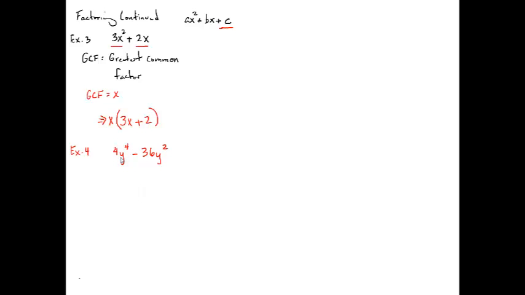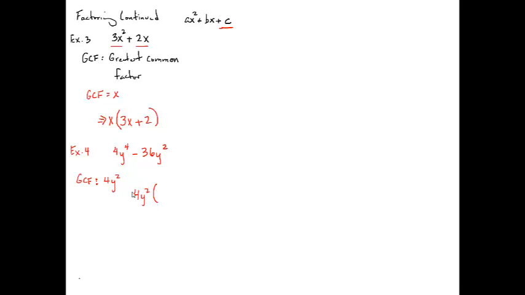Alright, I have two terms, right? Do these two terms have anything in common? They do. They have a 4 in common, and they have a y squared in common. So the GCF would be 4y squared, which means when I factor it out, I have 4y squared times what's left